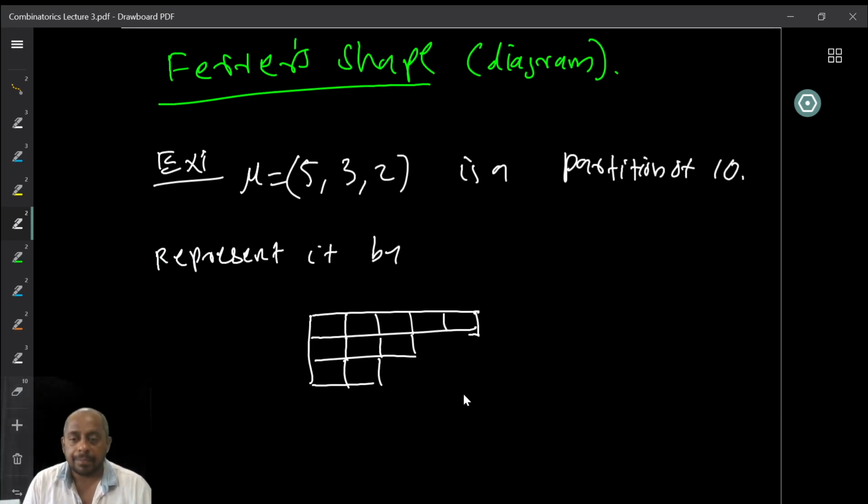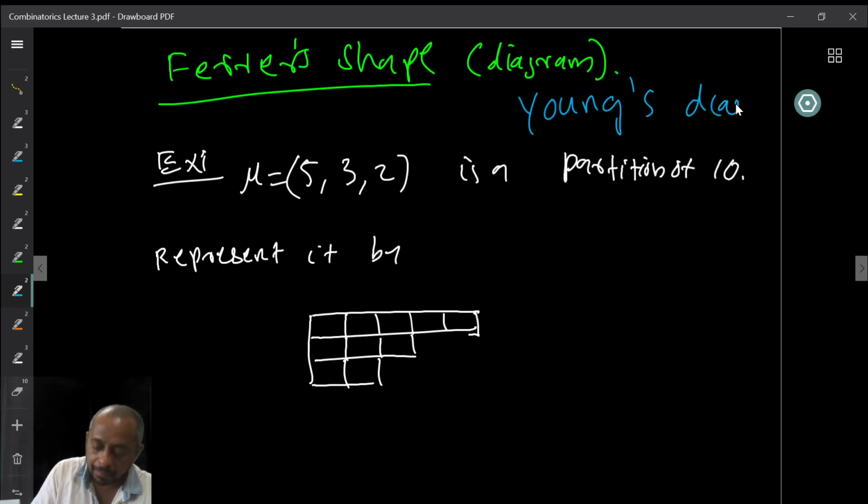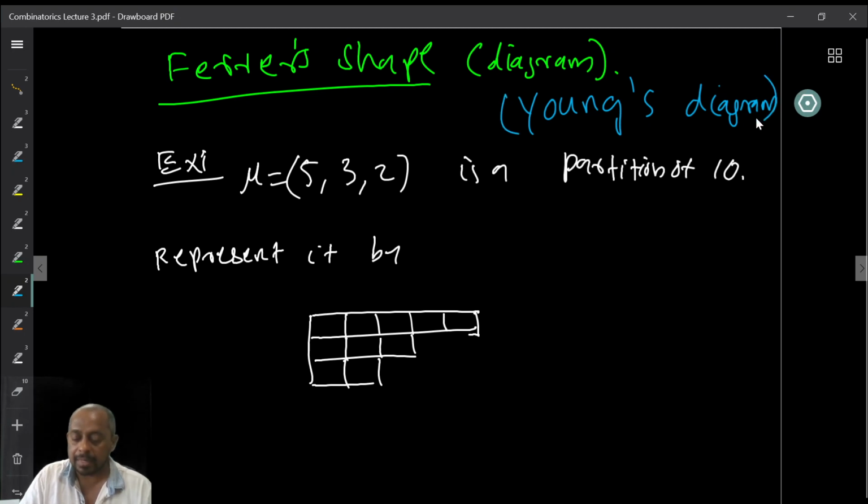So what is our new idea? We want to look at partitions in a different way. For that, there is a diagrammatic representation of a partition of an integer, which is called a Ferrers diagram, or Ferrers shape. This is also called Young's diagram. In many books, you will see only Young's diagram, because Young has done much more work and